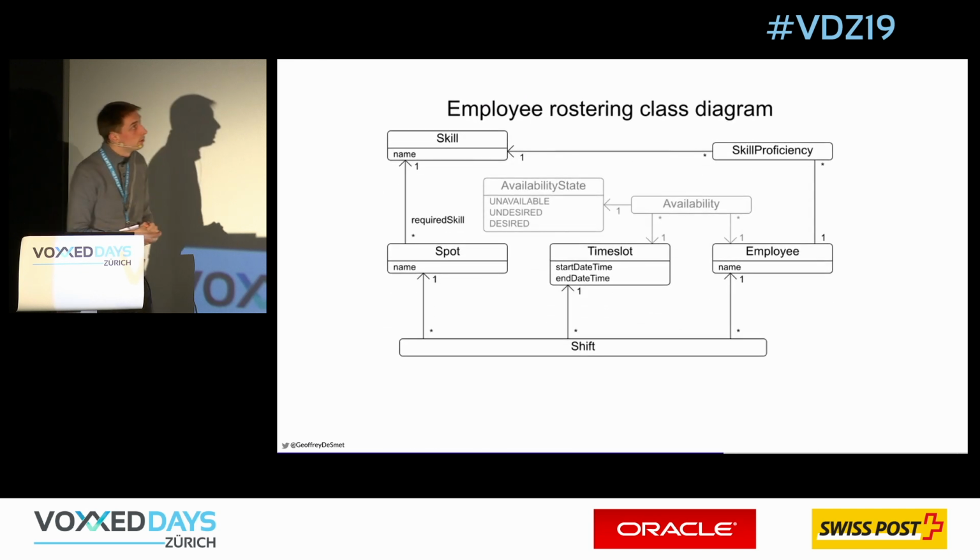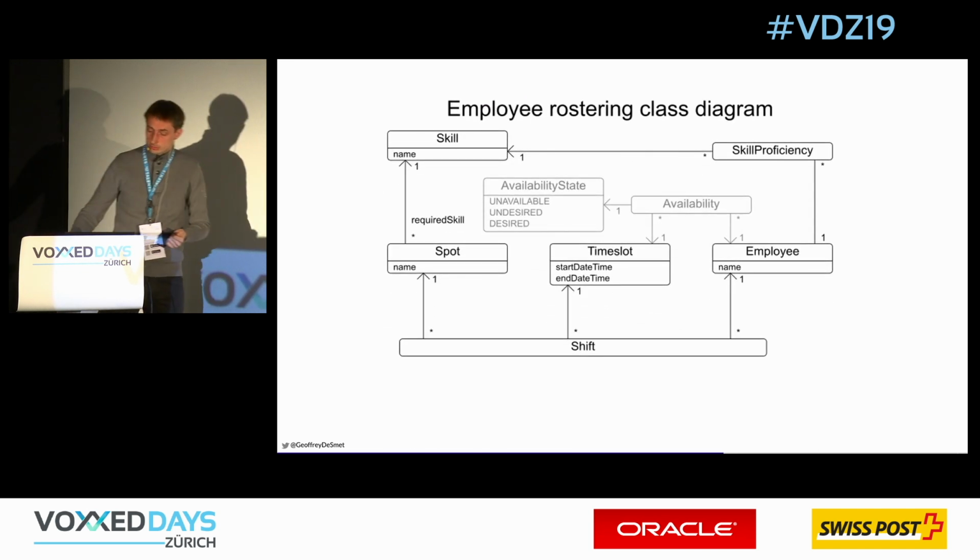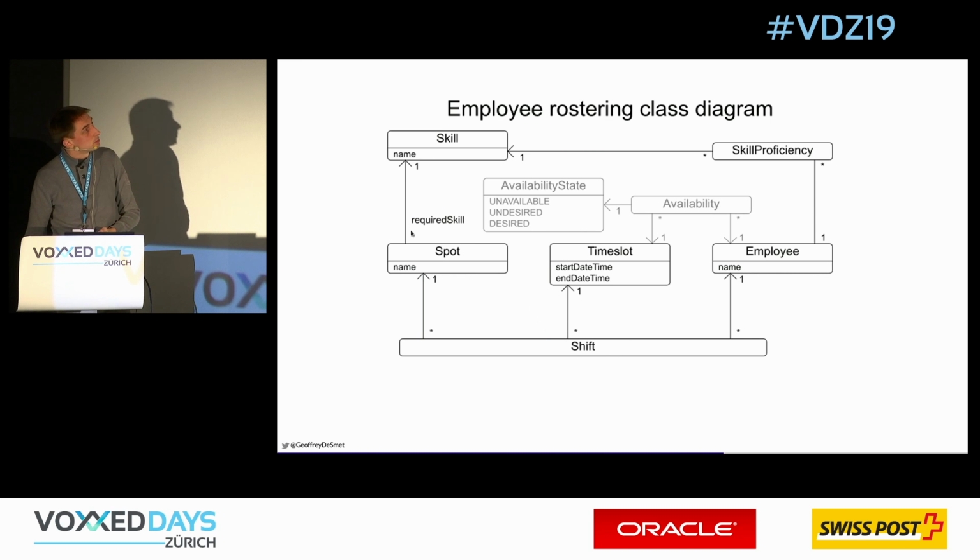So this is the domain, right? So we have a shift, which is for a specific spot, which requires a specific skill. We have an employee who has one or multiple skills, or maybe no skills at all. It's a many-to-many relationship between employee and skill. And then we have a time slot, when the shift starts and when the shift ends. And so maybe some employees are unavailable for certain times, right? Now,